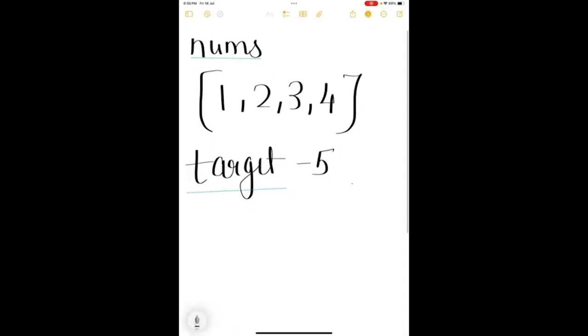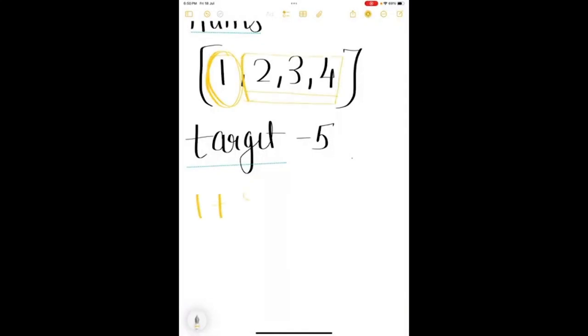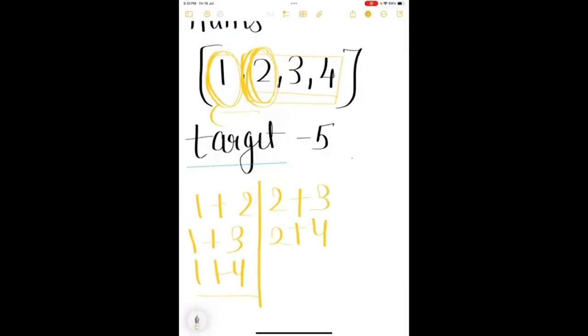Okay, so what is the brute force approach that comes to our mind? Brute force refers to the basic approach that we can think of. So the basic approach could be what? I would select this first number and try its summation with all other numbers. So 1 plus 2, 1 plus 3, 1 plus 4 is how I would go. Then I select the second number and try 2 plus 3, 2 plus 4. We need not go backwards as 1 plus 2 is already done. Then we select the third, then 3 plus 4 and so on. Yeah, this could be our brute force approach and it could be achieved with 2 for loops as we all